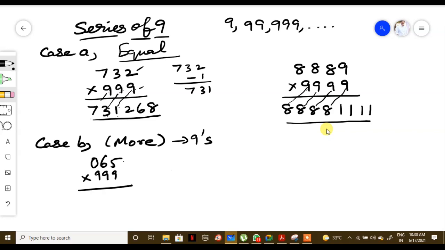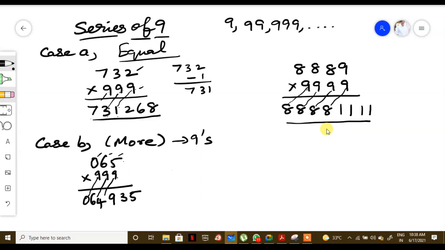Now just subtract 1 from the first number, as we followed in the previous step, correct? So we make it the same set of digits. Here it is 3 digits, and here 3 digits. So 065 minus 1 is 064. Next, as usual, 9 minus 0 is 9, 9 minus 6 is 3, 9 minus 4 is 5, right? We got the answer.